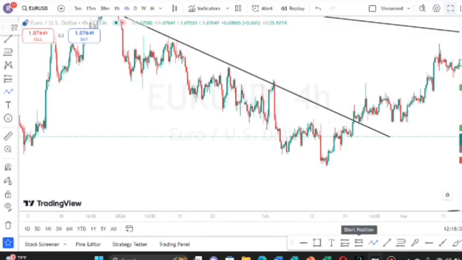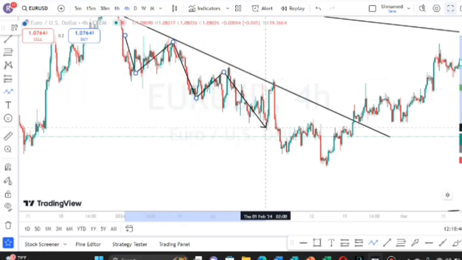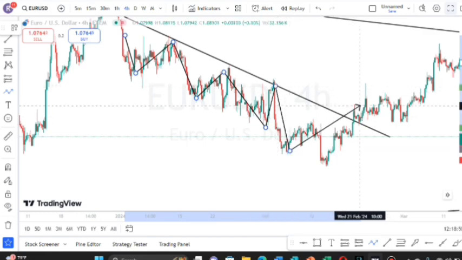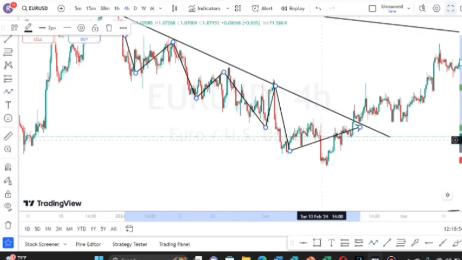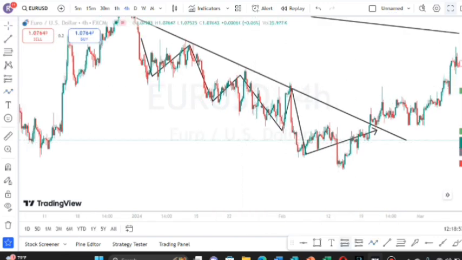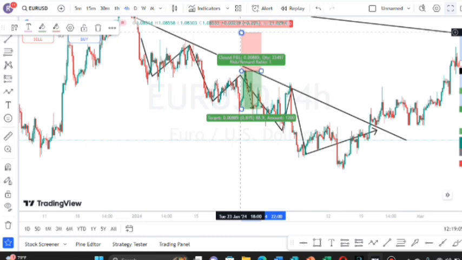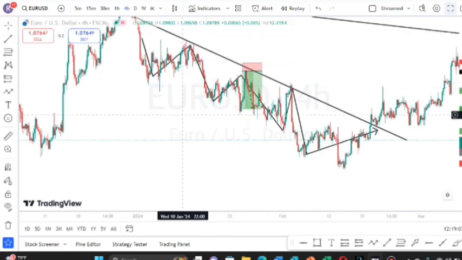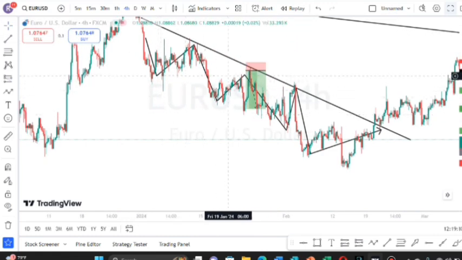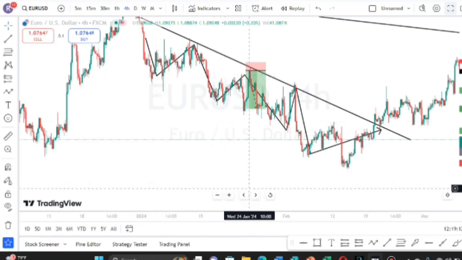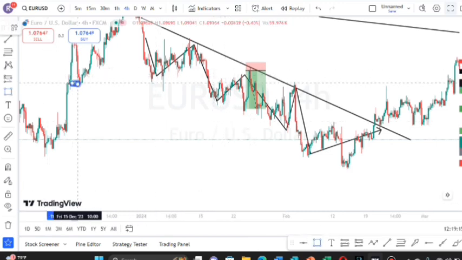As you can see, the market formed lower low, lower high, lower low, lower high, lower low, lower high, lower low, and it eventually broke this trend line. So this is where you should be taking your trades, at these lower highs. You just draw your trend line, and beside this trend line there is also this zone that you should be